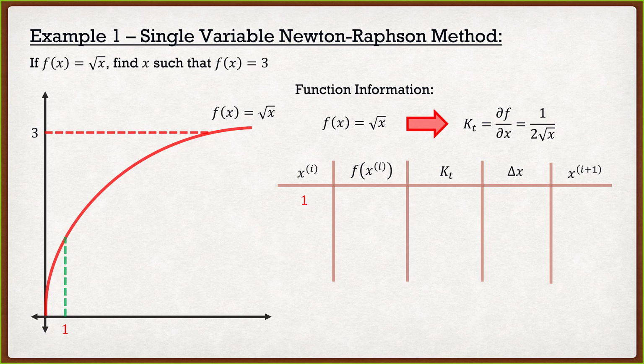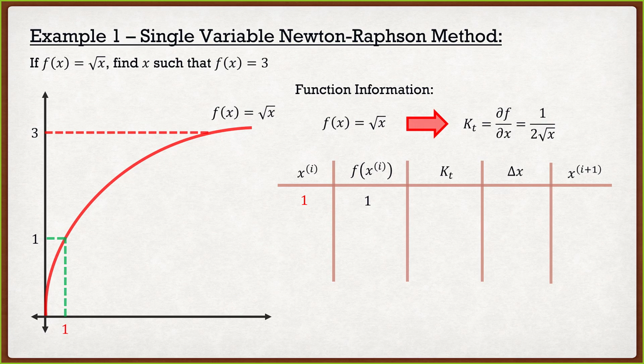In my next column I'm going to figure out what the value of my function is at that initial guess. If I substitute x equal to 1 into my function, we get the square root of 1, which is just 1. So on my graph, at x equal to 1, my function returns a value of 1. I don't want to use stress or strain because strains are usually small values and stresses are large values, so I'm going to use load and displacement. This says that currently I applied 1 millimeter of displacement and my load is 1.